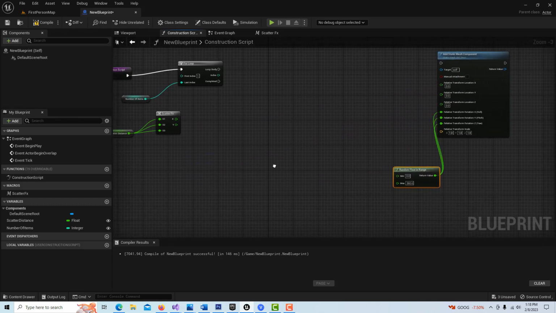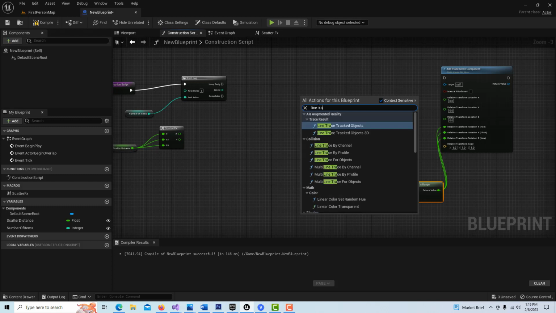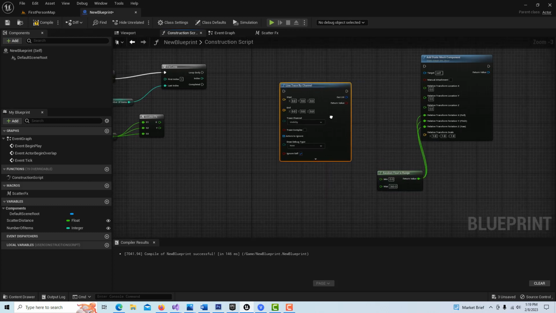And so what we have to do is we're going to use something called a line trace. And you can think of a line trace as basically a 3D ping. So you know how submarines have sonar and it sends a beam down to the ocean floor and then it returns a value and they can gauge things. Exactly the same thing is what a line trace is, except it's in 3D space. It sends out a ping and then it gets a value back, and then we can use that for all different kinds of things. So we're just going to go line trace by channel, this one right here,